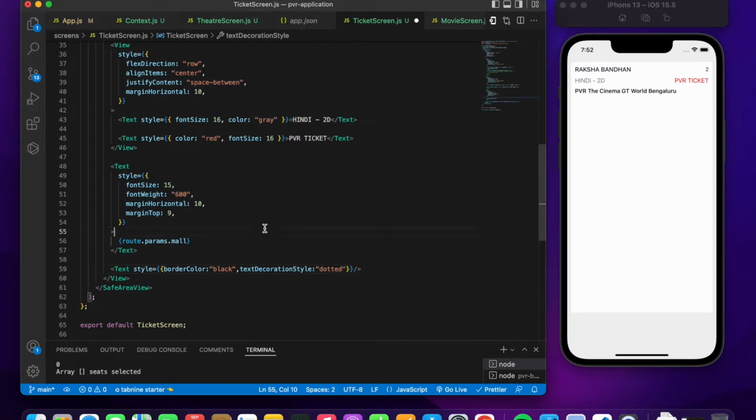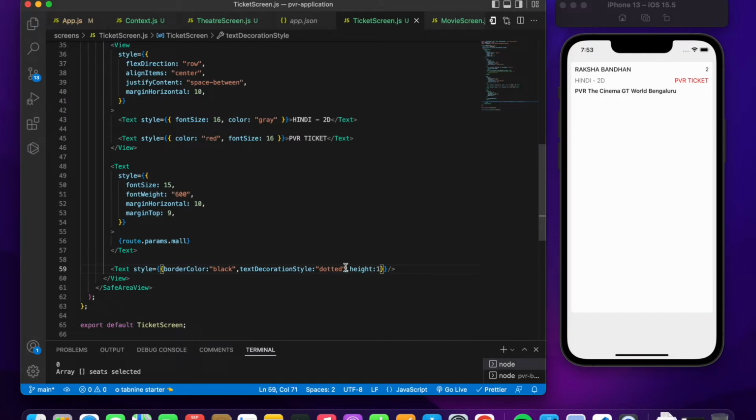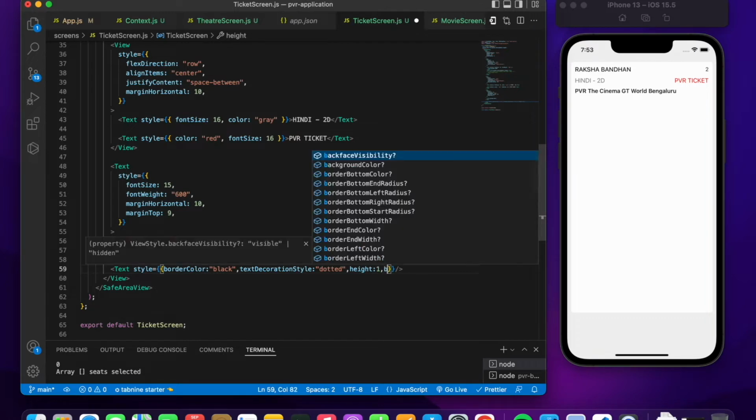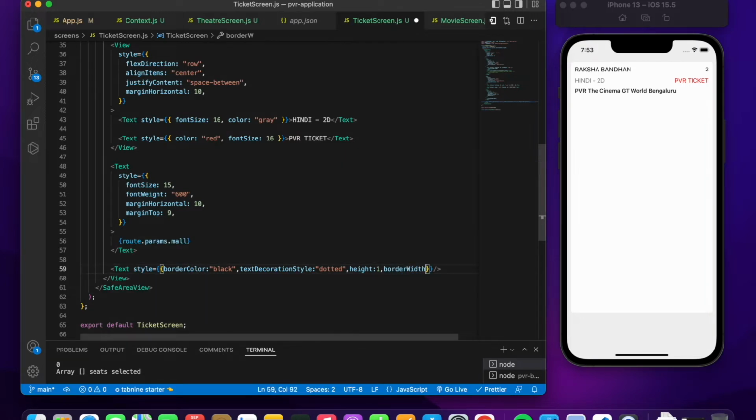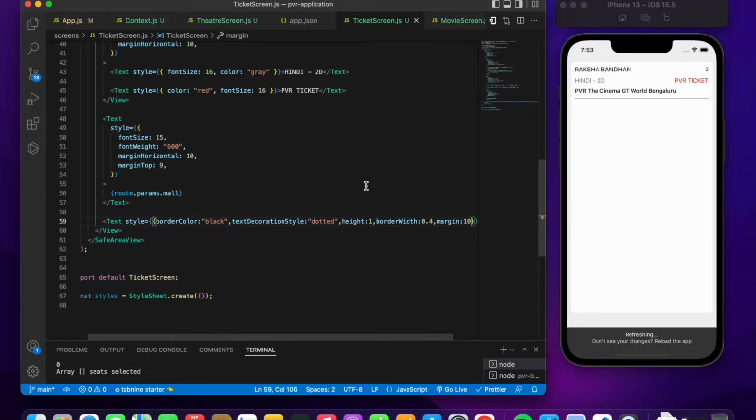It's going to be dotted. Save the file. Nothing's happening. Let's provide the height to be 1. Nothing's happening again. So let's also give the border width 1. Yes, we can see something on the screen. Let's decrease that to 0.4 and some spacing on the top, margin of 10,